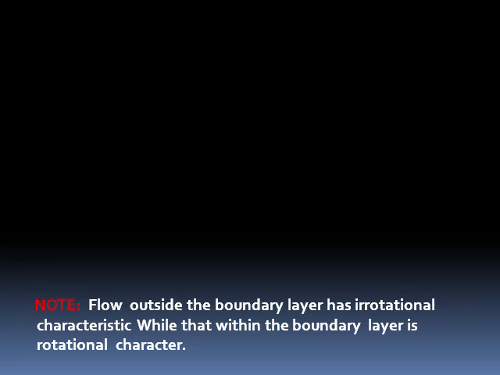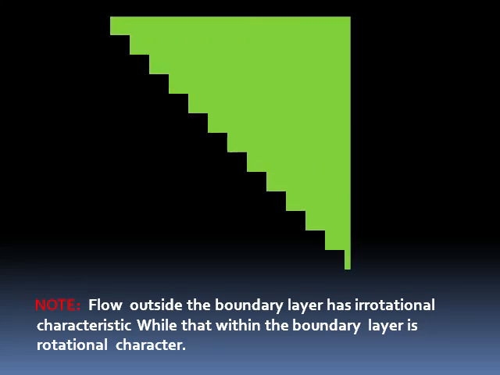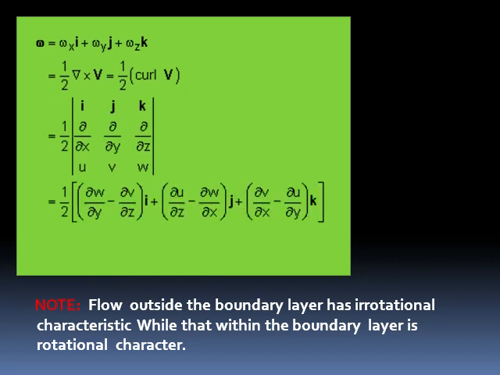Now we will see the notes. First we will see the mathematical representations. Omega is equal to omega x plus omega y plus omega z, if this is only for the rotational component. If there is a non-rotational, that is irrotational, component, then omega will be 0. That is, omega x is equal to omega y is equal to omega z